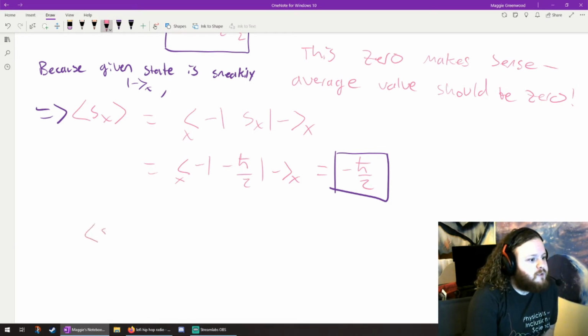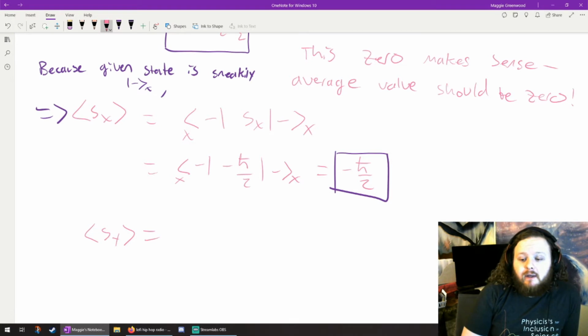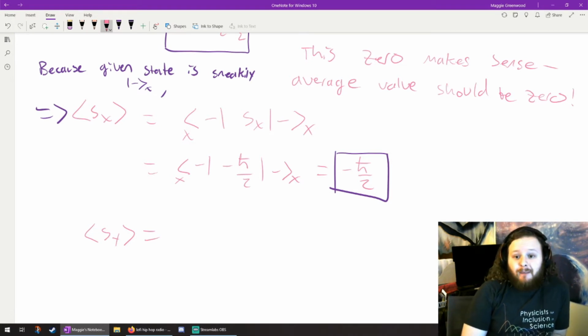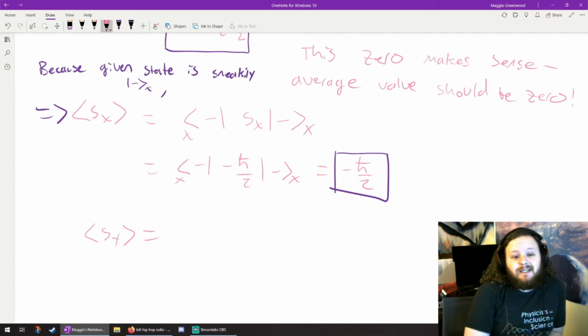So let's do Sy. Now this is one that I can't do anything pretty with. My state does not look pretty in the y basis. It's a superposition of plus y and minus y that will have gross coefficients. So instead I'm going to detail the third way, which is matrix multiplication. If I'm allowed to write down my